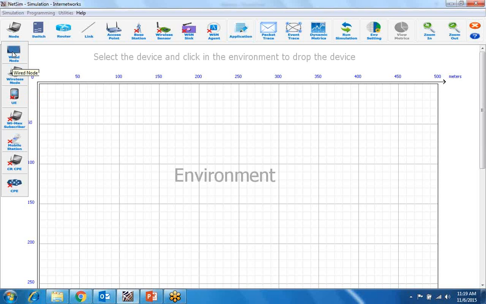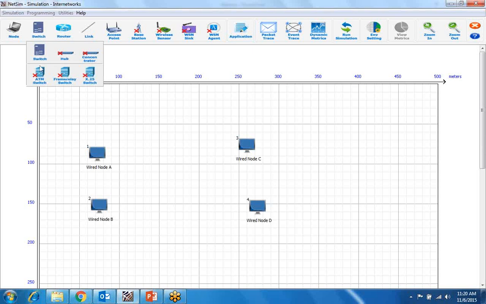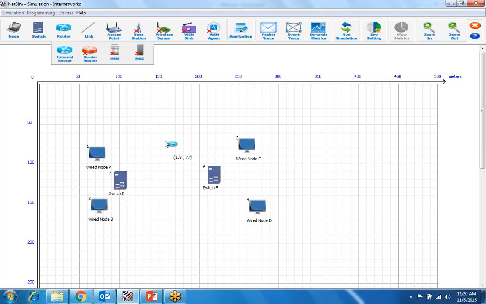So here we have a wired node and wireless node. If you click on it, you will have the node. You just click and place. You can have some switches, then one router.